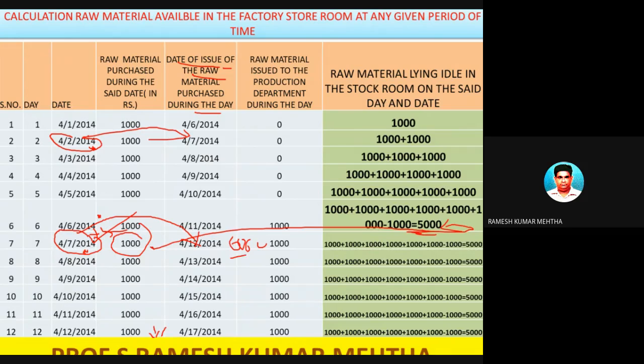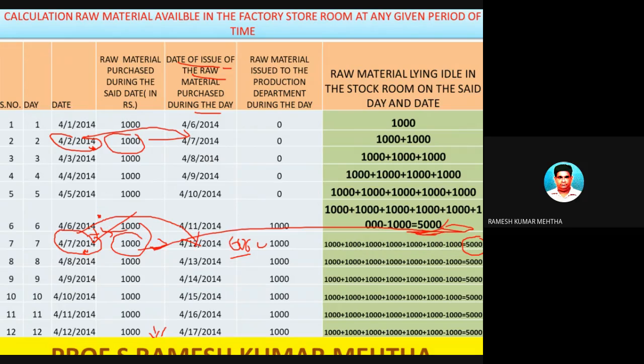So 5,000 was our cost of raw material lying idle, plus another 1,000 rupees is purchased. So 6,000 rupees of raw material is there in the stock room, but this amount of 1,000 rupees is issued on this particular date. So this is removed, and the amount of raw material lying idle will be